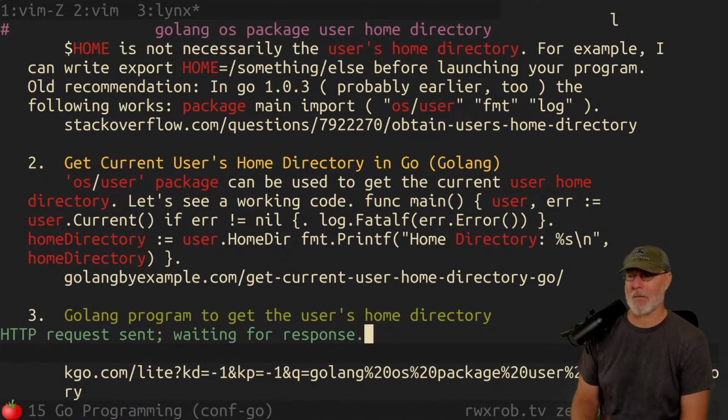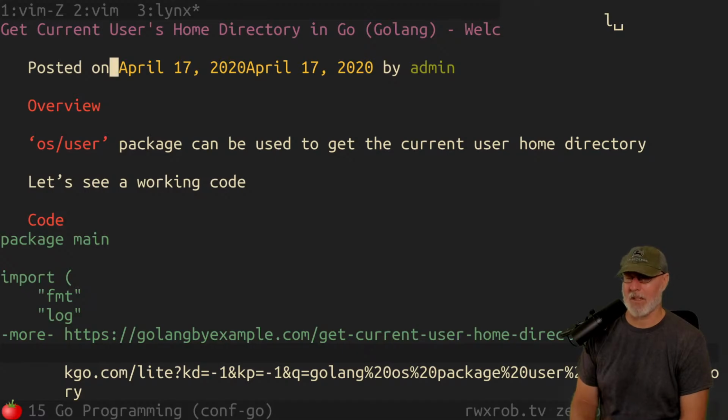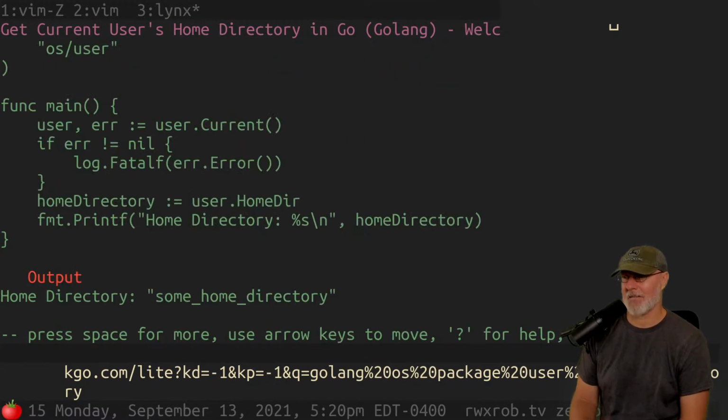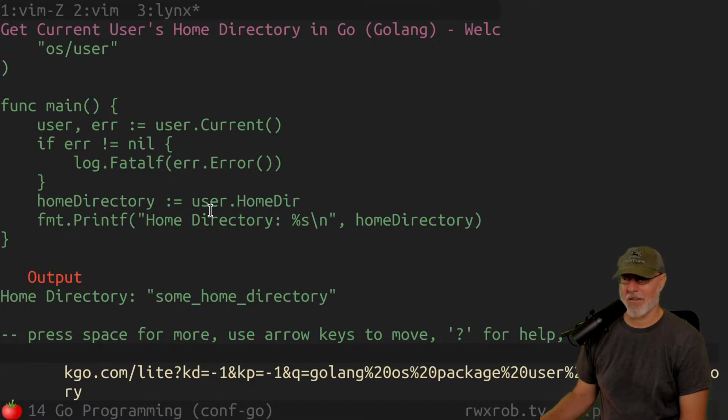And it's Go by Example. This is one of the many sources. I think this has actually changed too, though. This is pretty old. I think this was actually, no, I'm confusing it. There's another one we've got to be careful on next, and I'll tell you why. So it gets the current user, and then you get their home directory, right? This is the right way to do that.